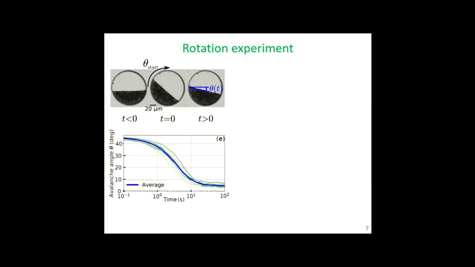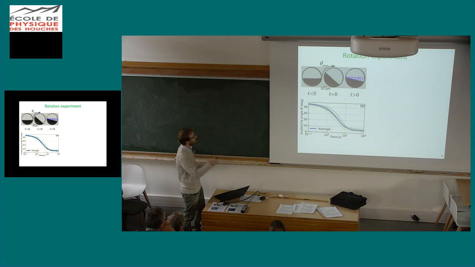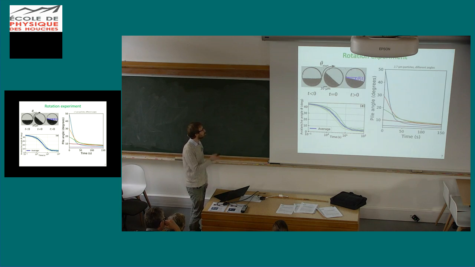Then we moved to rotation experiments. So we took a pile at rest, so it's mixed, then it's sedimented, so that its interface is flat. And then we put a tilting angle, and we monitor the angle of the pile when the time goes on. So we can get typically this kind of trajectories. We can have several drums on the same field of view, so we can do average. Here, for example, the blue line is an average of several drums on the same experiment, which allows us to get very nice curves.